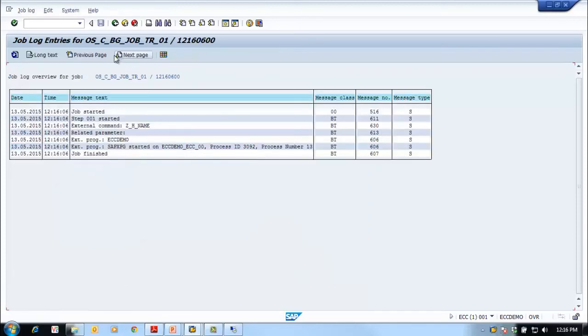That's what we have. Here you can say job is started. This is the step which is executed, and this is the external command executed. Release parameters, so there are no parameters. So the external program output given message and ECC demo. Then this is the program. It is called SAP